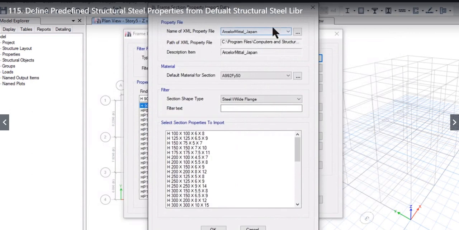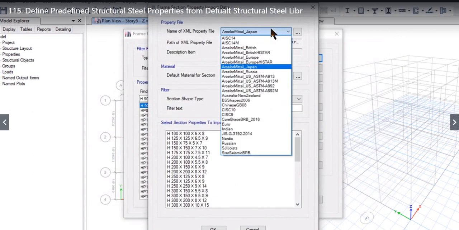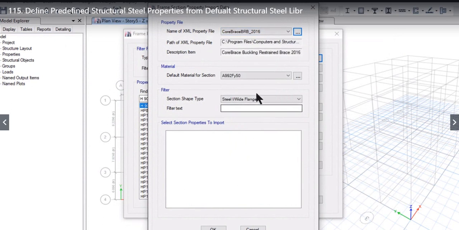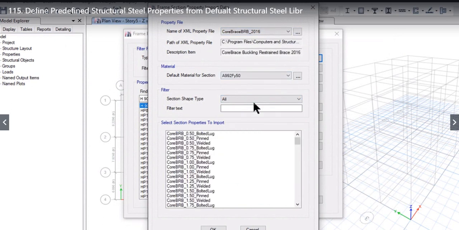After that, let us take another case that I want to tell you personally. This is of core brace BRB. Core brace BRB is a very special technology that is used to resist high intensity earthquakes. If you are working in US or Europe, you must be familiar with core-based buckling restraint brace technology.